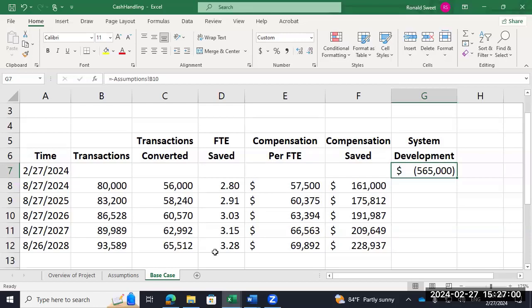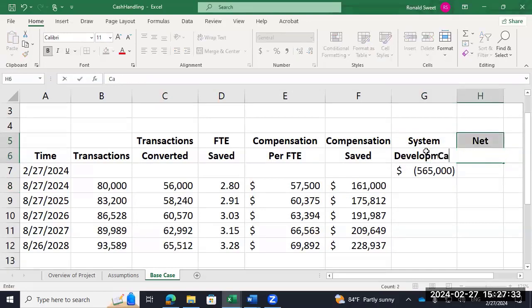Questions up to there? And you already see how the best and worst case can be so easy. We only have to change one thing to do the best and worst case, and that's just transactions converted. Everything else is going to work. So once you get the base fixed, you can add scenarios. If you want to do 10 scenarios, you can do it really fast. You just keep copying things over. It's pretty easy. All right, then the next column we're going to do